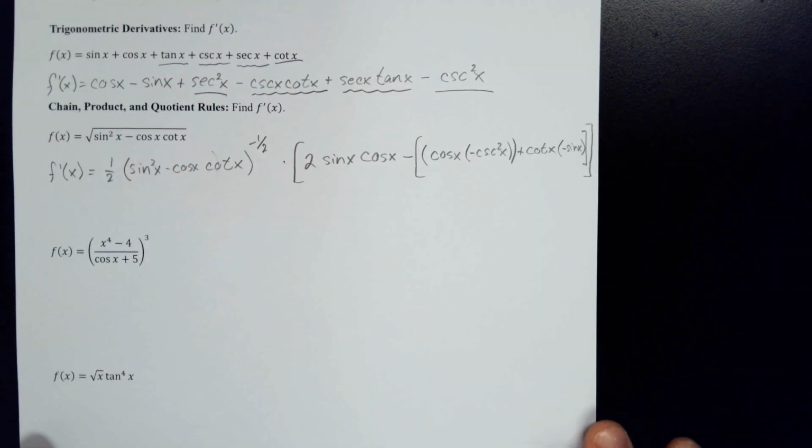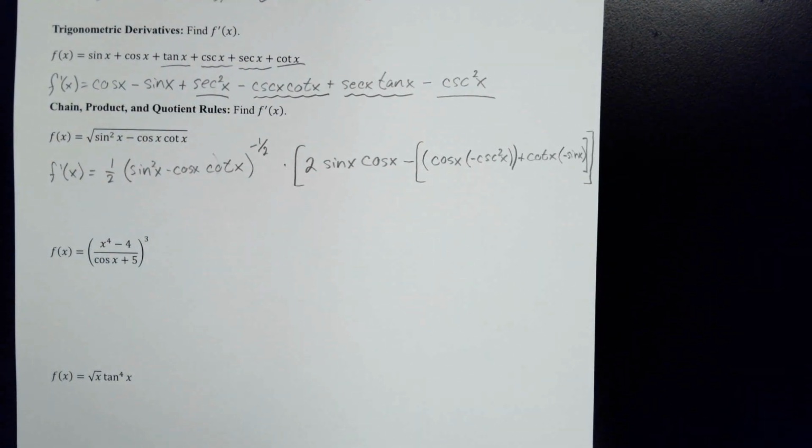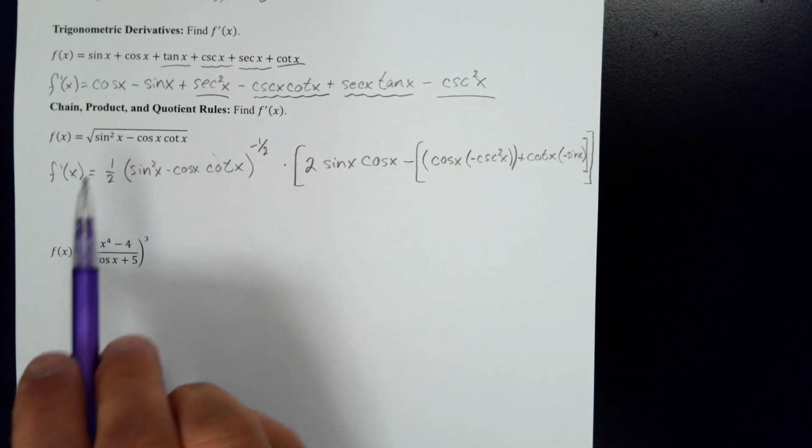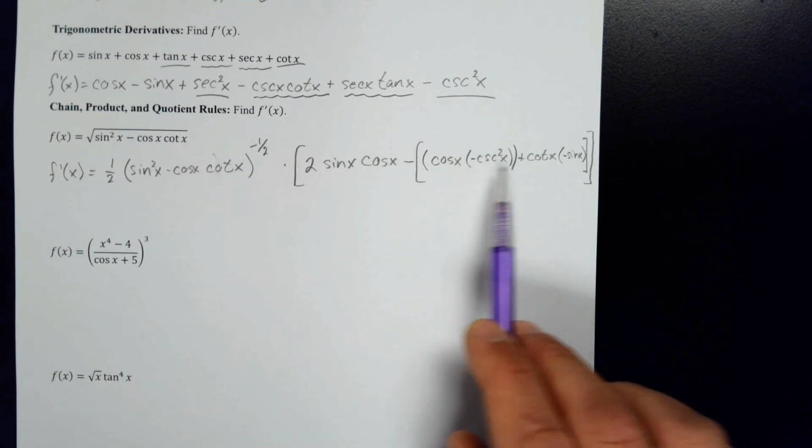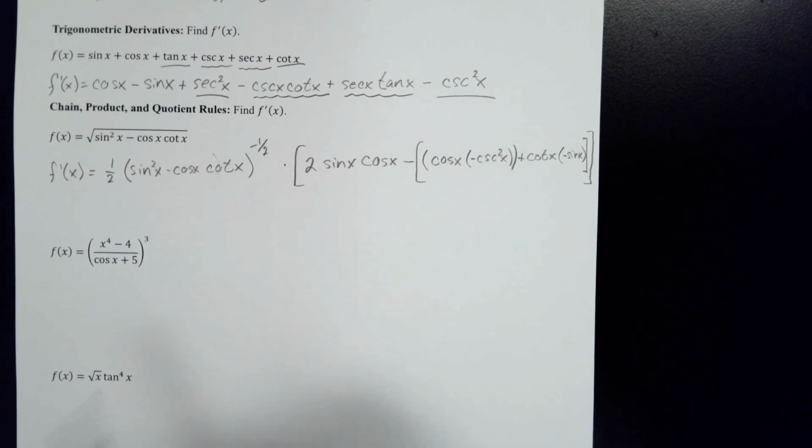Now, you could definitely simplify this, and if this were a test, you probably should simplify this. If you're plugging it into something like WebWorks, some online calculator, it's not necessary that you simplify. But let's go ahead and just leave it like that for now. So here, we're going to use the power rule, the chain rule in here, and we use the product rule to find the derivative of cosine x cotangent x. Let's look at this next one,